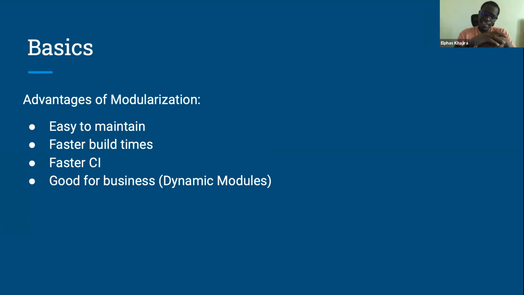Then faster CI. I do not know how to do this one, I'll be honest with you, but from a presentation by Google in 2019, they were able to reduce their build times for Android X libraries from about 2 hours to just about 10 minutes. They wrote a Gradle plugin that would go through their code and only run tests for modules that are affected by sections of code that have changed.